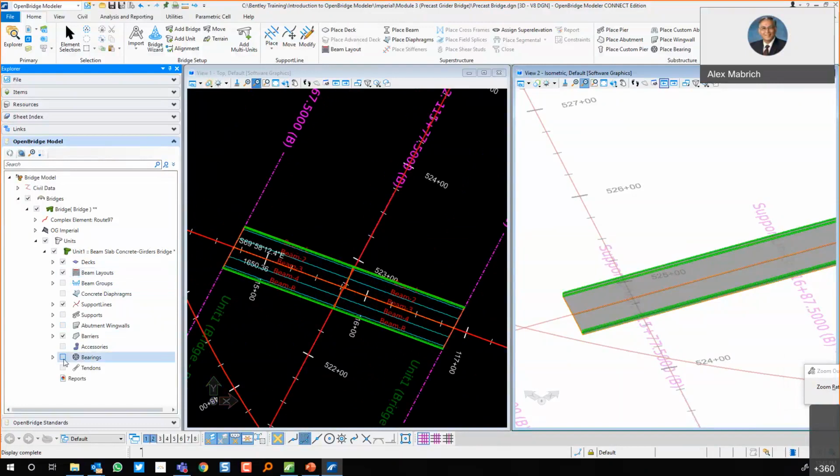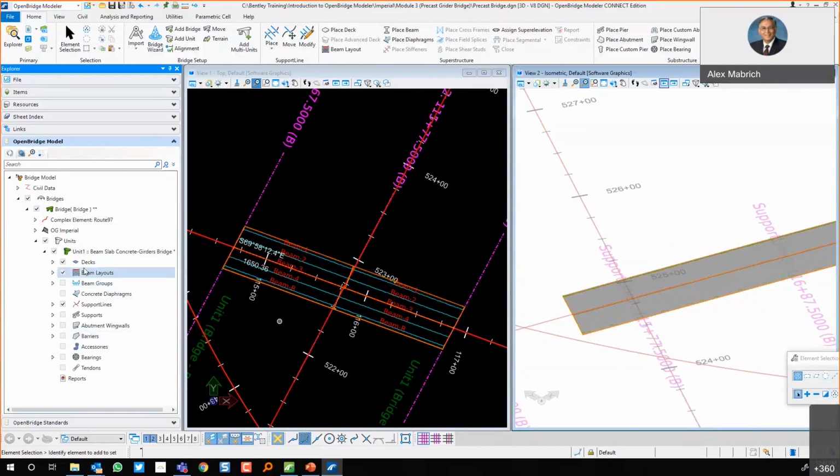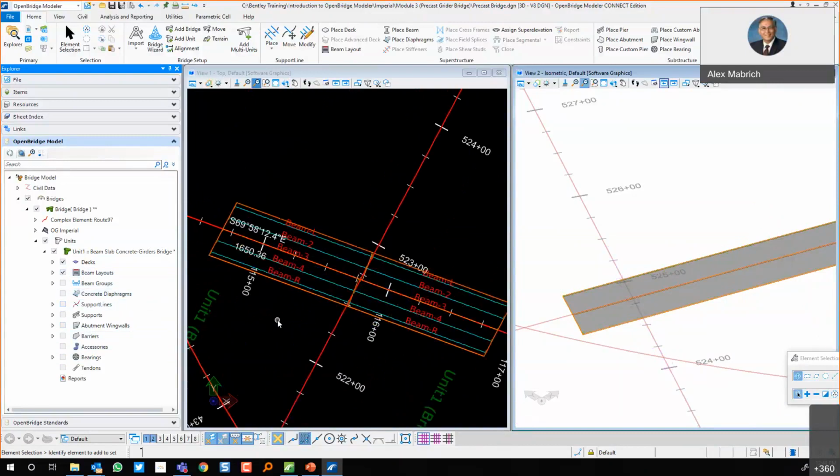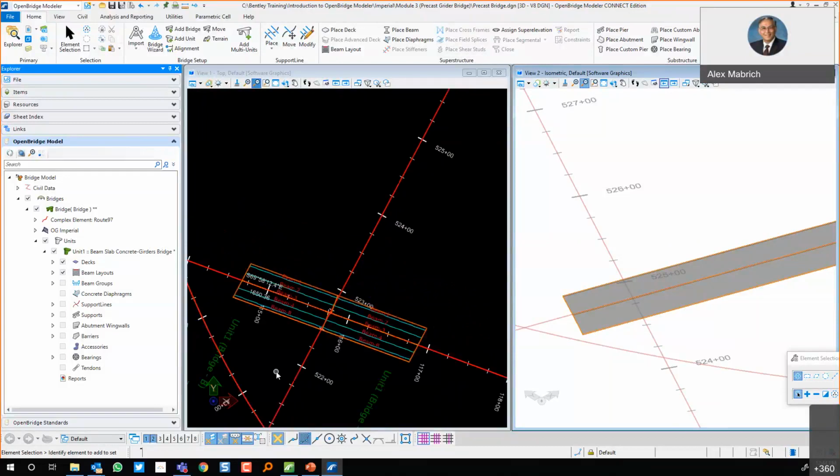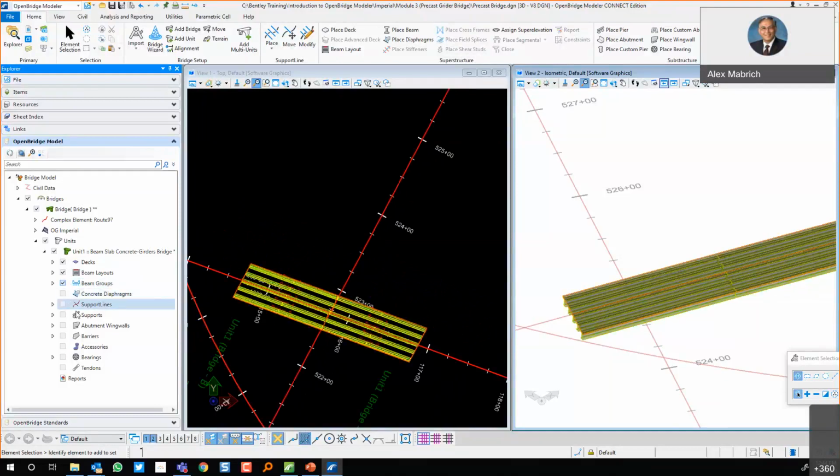See, you don't want the barriers either. So where are barriers? Right here. So what you're left with, if I even took out the support lines, what is this? Your framing plan. And then you can just turn off the text here, you got it. So there are, as I said, many different ways to compose the information that you want, and put it into sheets. Maybe this will be a topic of a different session in which we can explore the many different ways to do